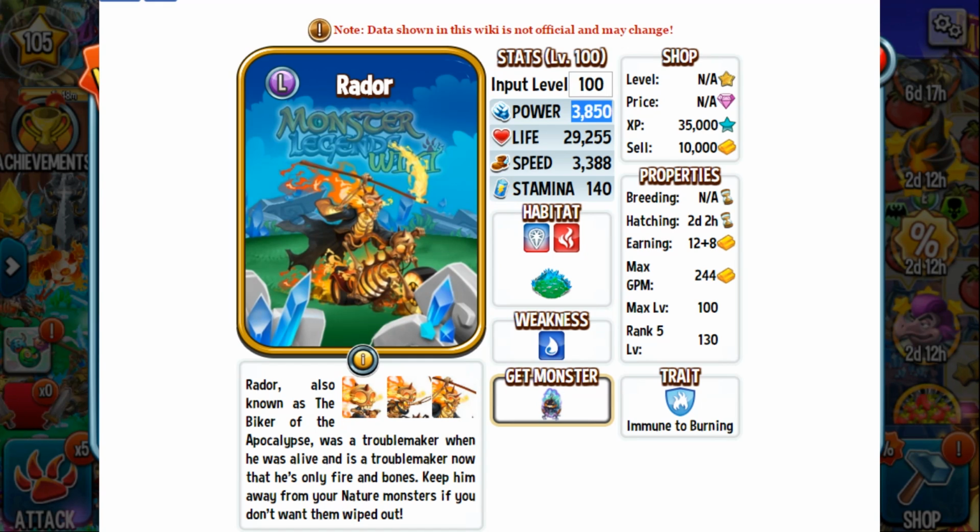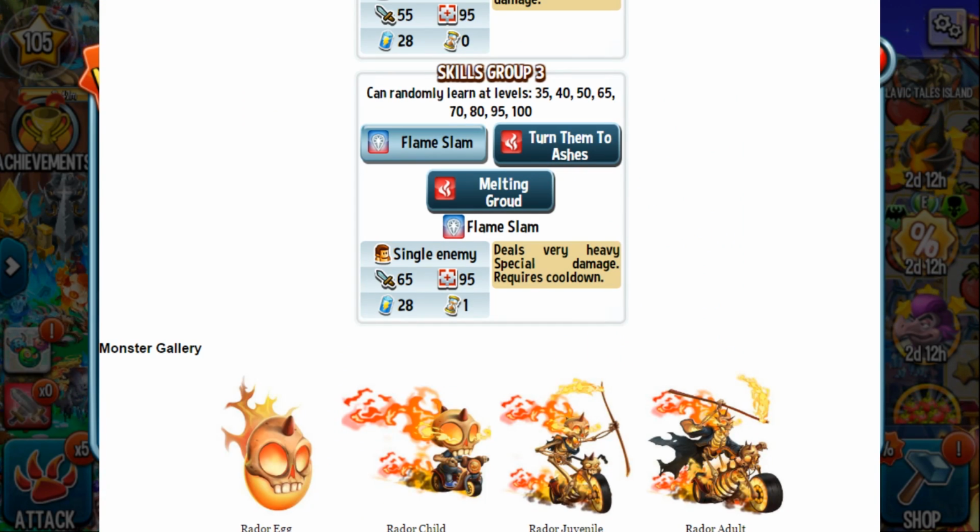And after Kai the Eradicator is Worker Hulk, who I don't even know, he is an attacker but he's extremely slow so he's not usable, who has a power of 3,619. And next to that is all the monsters that have a power of 3,575, and thus Rador is an extremely powerful monster. And as for skills, he does boast a 65 special based attack that has a 1-turn cooldown,